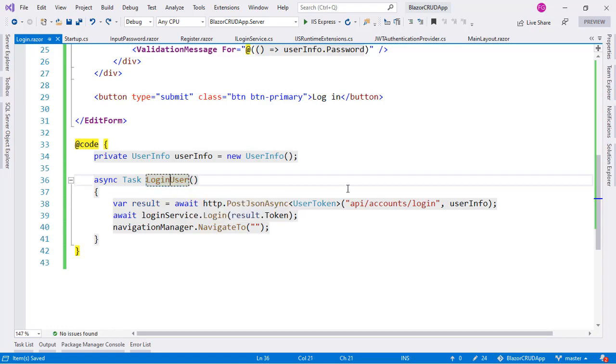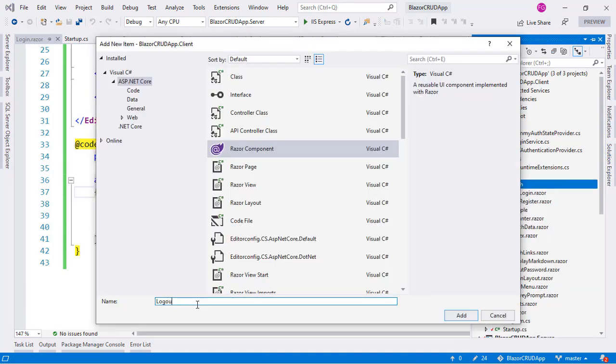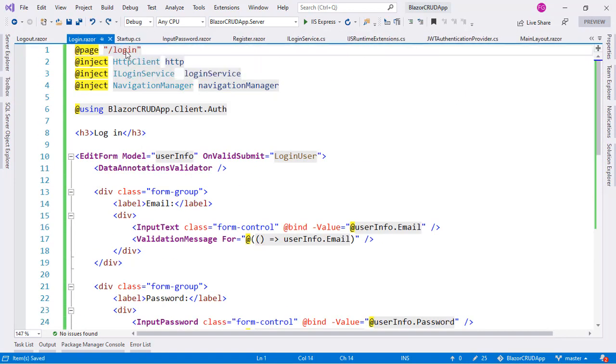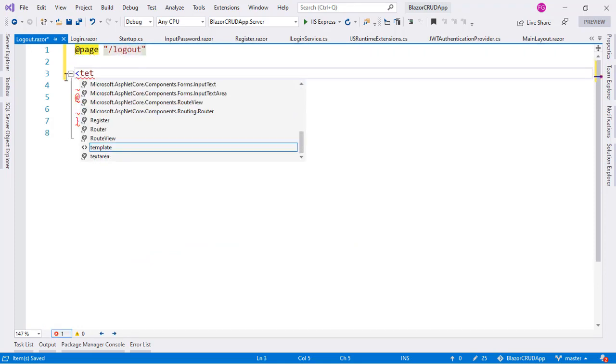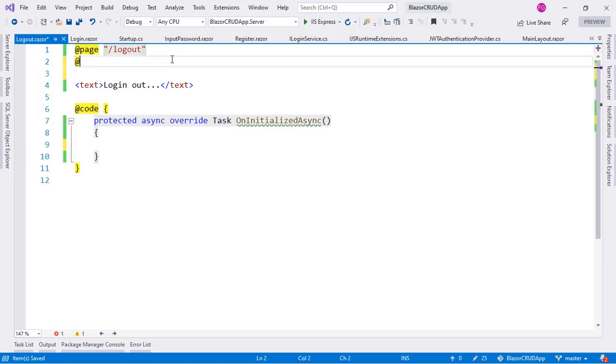Now after that caveat, let's make our logout component. For that, let's go to the Solution Explorer, New Component, Logout, and let's go back to the Login component and change this to Login. And now let's go to the Logout component and say page/logout. Let's just put some text here, logging out, and let's use the OnInitializedAsync, override Task OnInitializedAsync, and let's use the login service,